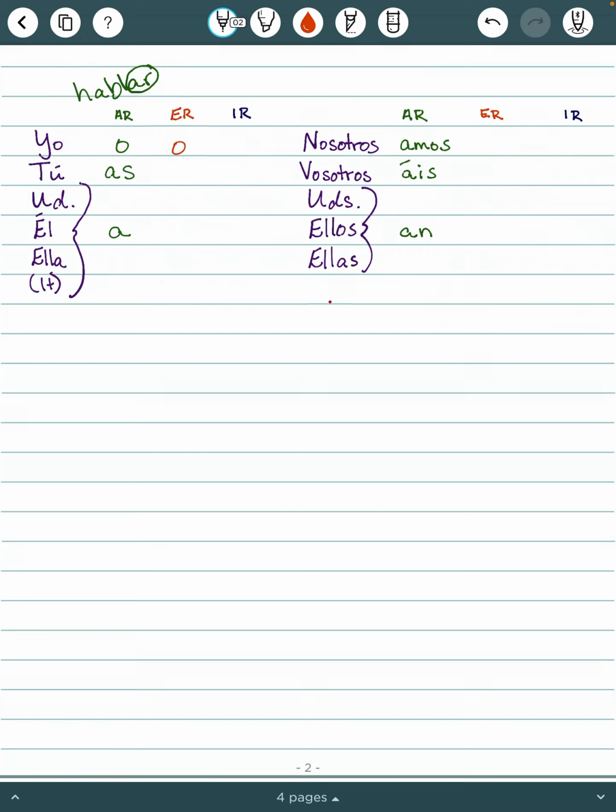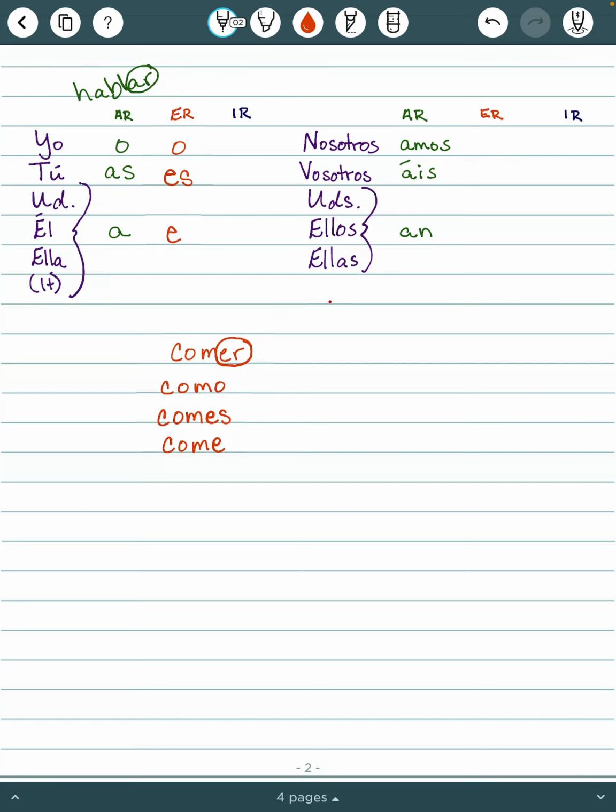If I want to say that people are eating, I need to know that verb is comer. We're going to take off that ER. If I am eating, replace that ER with O, como. The rest of the conjugations, we're going to replace that A with an E. So if I want to say you are eating with tú, comes. If he or she is eating, it'll be an E. Come.